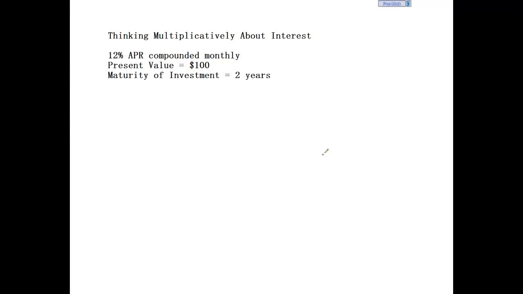Hi guys, I just wanted to go ahead and record this little video to give you a little bit more insight into our thinking process about interest. Of course, this is to be expected at the beginning of talking about interest. This always happens: we have a hard time thinking multiplicatively about interest. And we looked at a few different approaches that many of you proposed, which one of